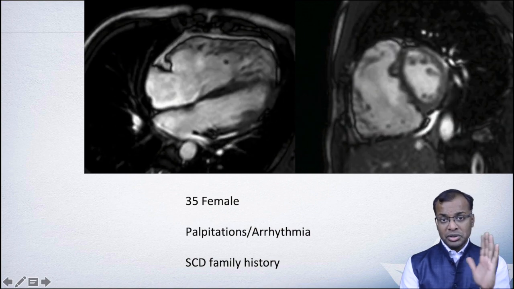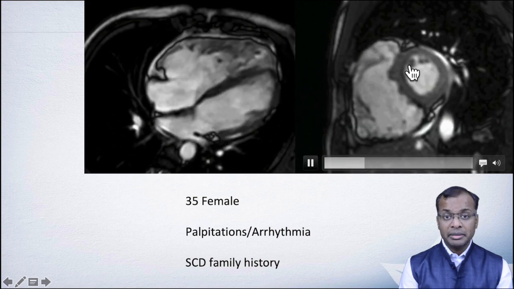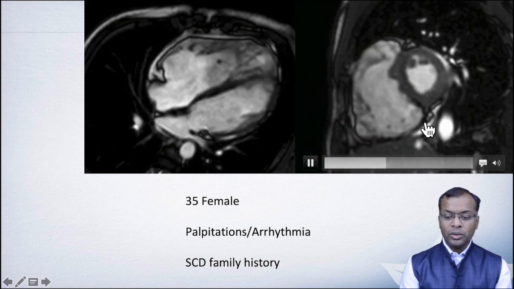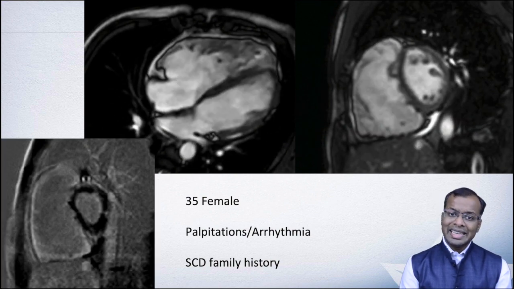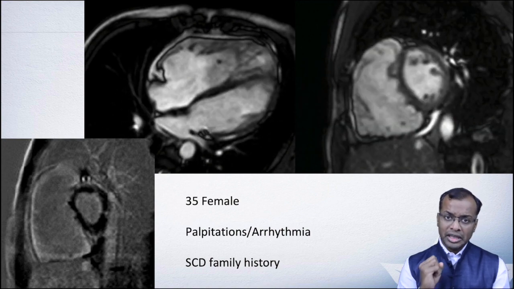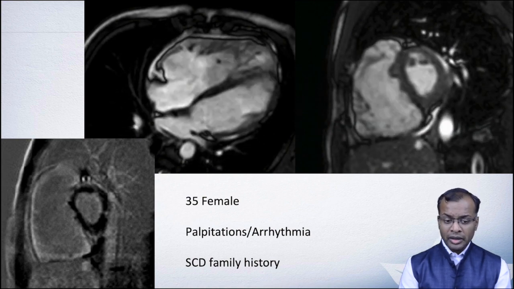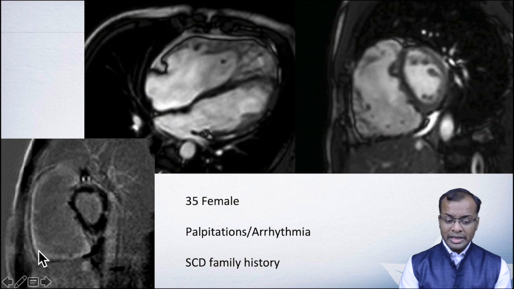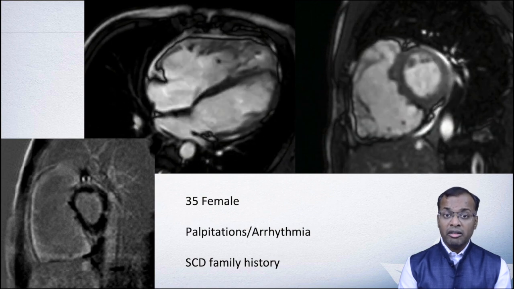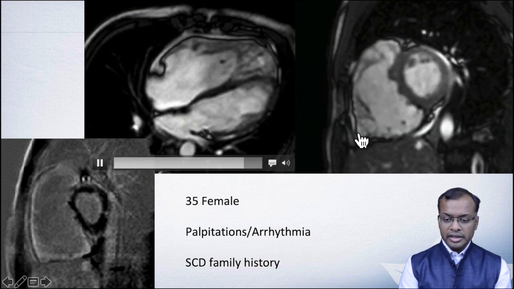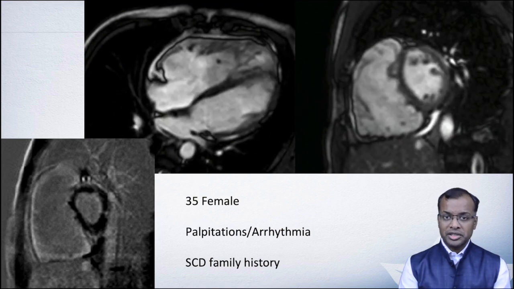Now the same patient, when we do a short axis view, the RV free wall dyskinesis becomes very, very apparent, and you can see it is not at all contracting in a synchronous fashion. We also do delayed enhancement imaging. By that we mean we give contrast, and about 7 to 10 minutes after giving contrast we start doing imaging. The areas where you can see this bright enhancement or contrast deposition are usually suggestive of fibrosis within the myocardium. So this was another case of ARVC. MRI was satisfying one major criteria for ARVC.